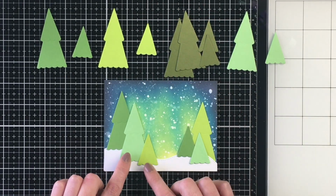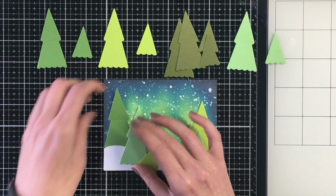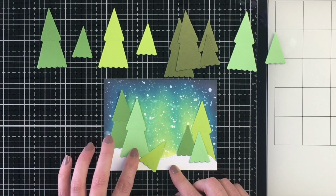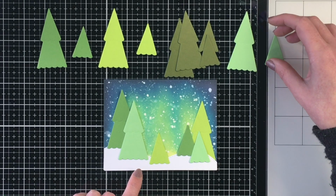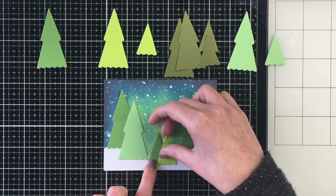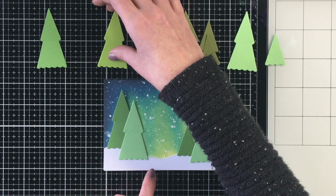So this is a fairly simple card to create. I love using die cuts for the holidays. Makes it easy when you have a bunch of Christmas cards to make. All the effort is really in the background, and it just sets the scene for these magical holiday trees in the wilderness. So you can see here I do play around with placement a little bit and finally decide on where I want my trees to go,